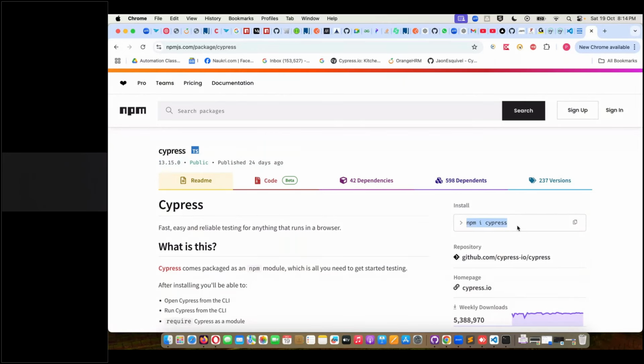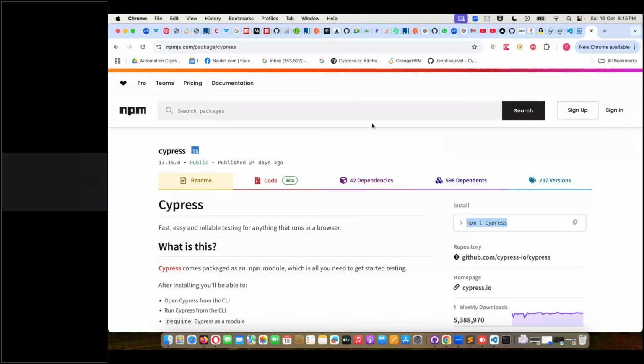Am I clear, everyone? So what is the node package manager doing? Basically, whatever dependencies we require in future, for any module or any test case while executing scenarios,